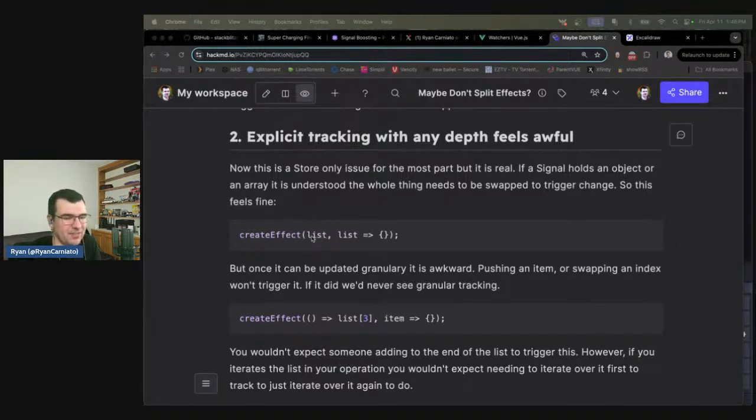In fact, if this is a store, this doesn't work. But if you wrapped it in a function and called list, it basically would never update unless someone replaced the whole list. And when you're doing fine-grained updates, like pushing, it would not trigger. So the problem is